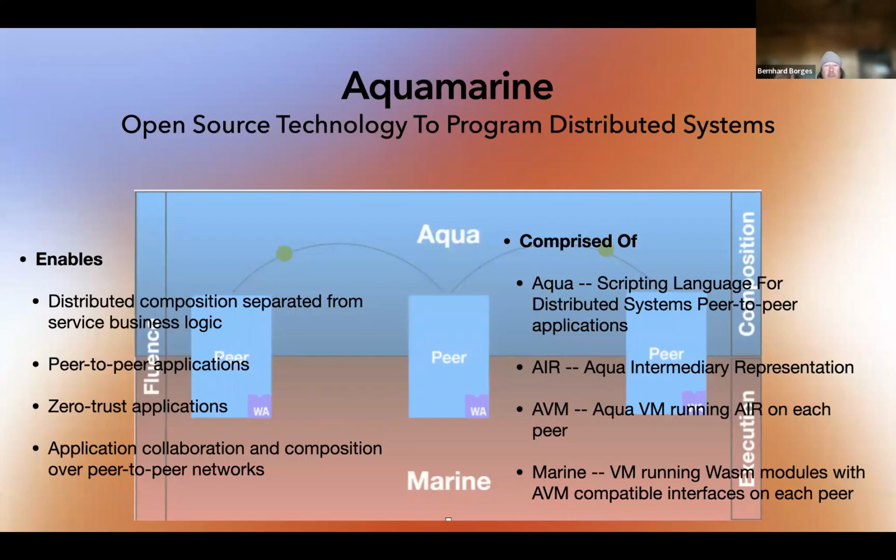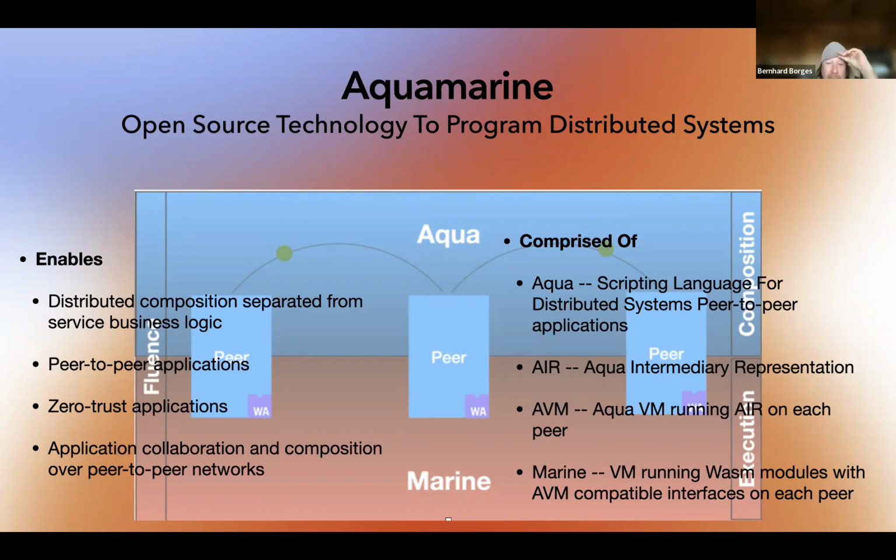So we have two big stacks that are part of every node. It's Aqua and it's Marine. Marine is a general purpose runtime environment for WebAssembly modules. As said, services are coded as WebAssembly modules, and Marine actually executes those modules. Aqua is the programming language and the compiler, and it also includes a virtual machine. It's called the AVM, the Aqua Virtual Machine, and that actually executes the compiled Aqua scripts. And they're available on every peer. And we'll go through exactly how this works in a split second.